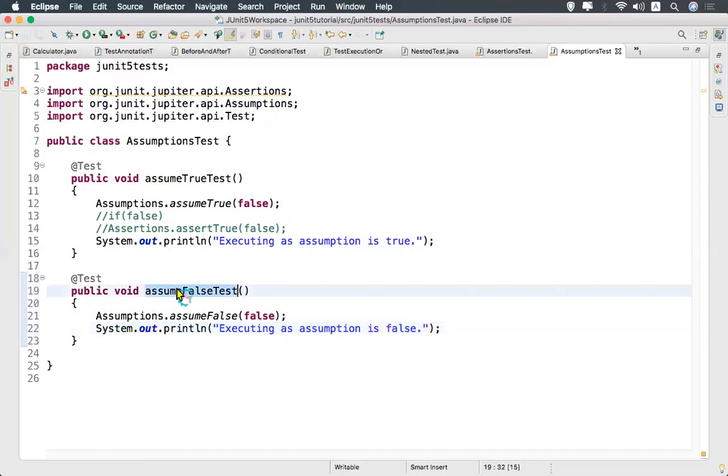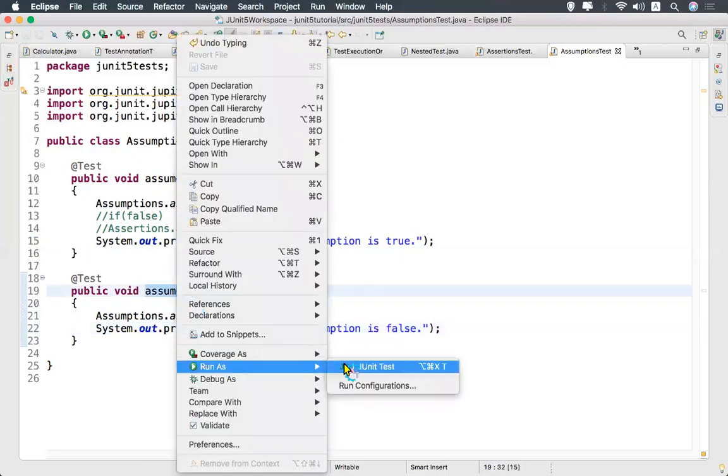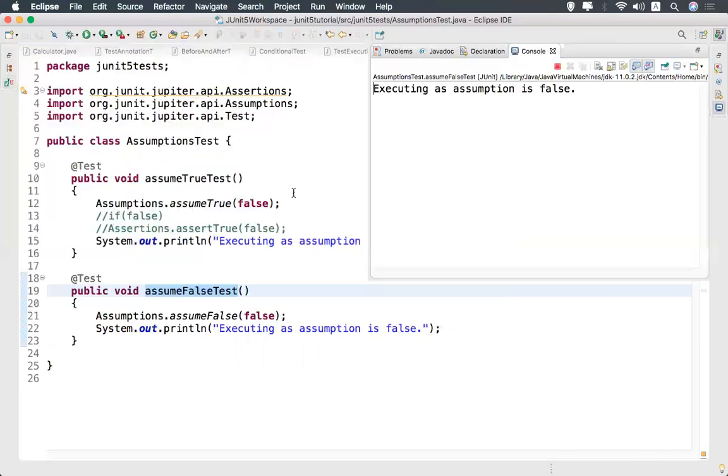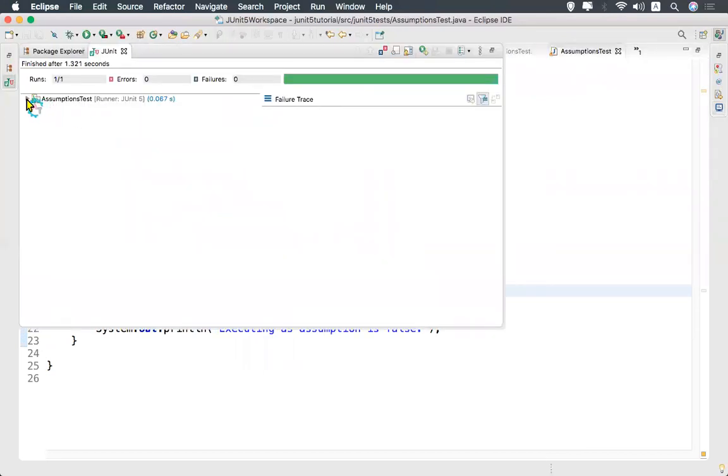Now if I execute this, it will pass. You see that? It printed executing as assumption is false and my test case is passed.